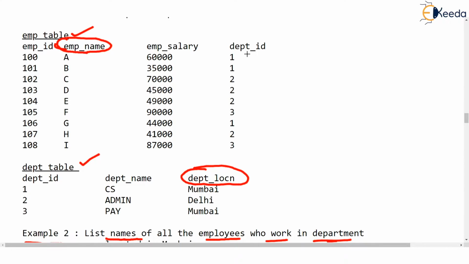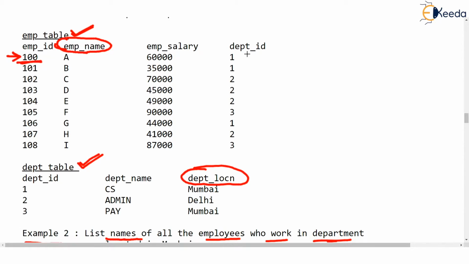Coming back to our manual exercise, instead of thinking of SQL directly, just again think that this EMP table is in one book and DEPT table is in another book. Now what you would do is you will see the first row of the EMP table.